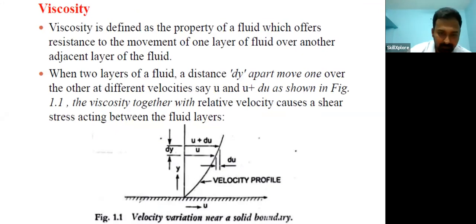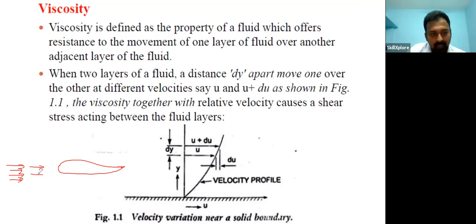So here we can see that I will explain this viscosity concept using this diagram. This is called the velocity gradient. Any fluid, a fluid may be in a gaseous state or in a liquid state. So consider a profile like this. This is a typical aerodynamic profile. If a fluid flows in this direction, it approaches the body and hits the boundary of the body. So it will deflect like this.